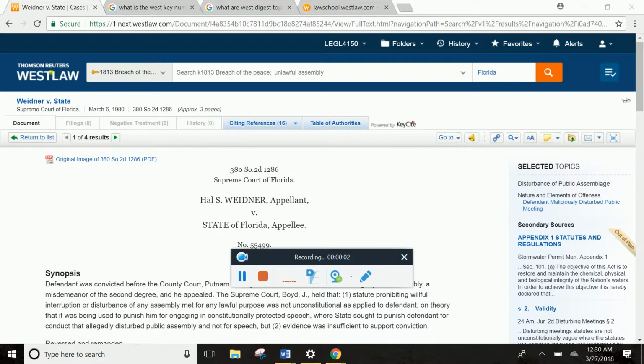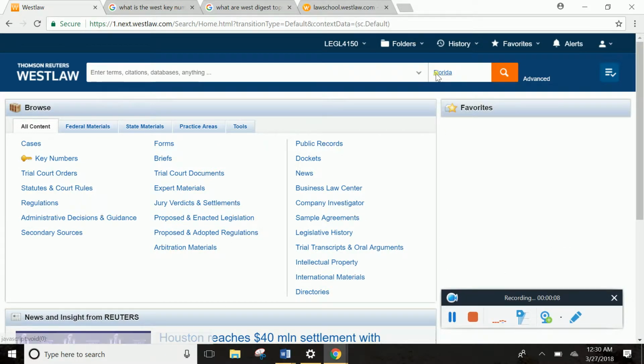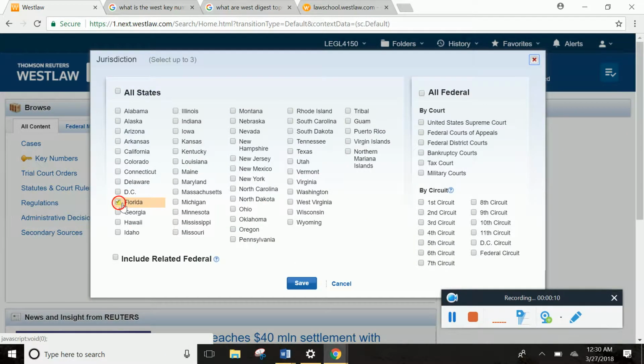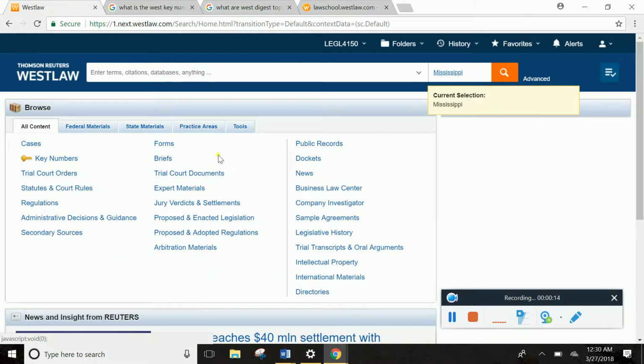Okay, part 2, we're going to go back to the beginning. I'm going to change jurisdiction from Florida back to Mississippi because we really didn't use Mississippi. And right here is the all content. Mine is always on all content. I'm not sure if other people have theirs set to something else, because in our